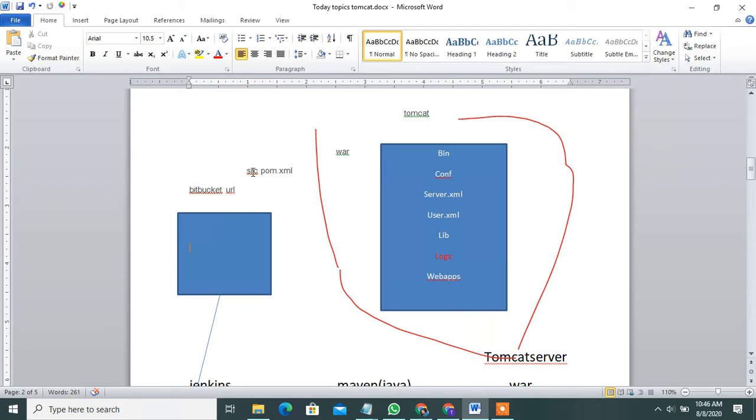First you install the Tomcat project, install the source code, and the pom.xml is done. Okay. Then